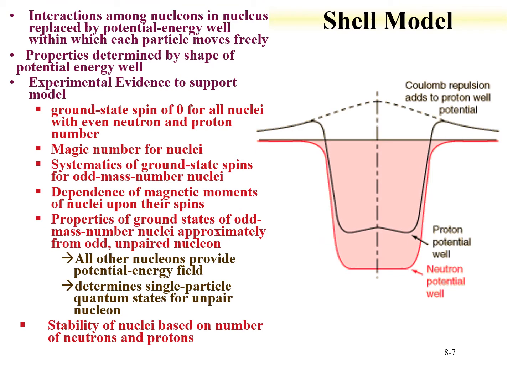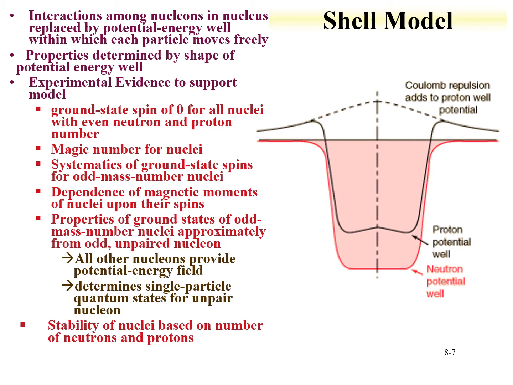These concepts and ideas that we've just discussed can actually be applied to the shell model. We've already kind of hinted at the shell model where there's some experimental evidence. For instance, the ground state spin for all even-even nuclei is 0 plus. We've discussed magic numbers. There are certain nuclei or certain states where there's enhanced stability for nuclei, which is pronounced in fission, for instance. There are also some systematics on ground state spins for odd mass numbered nuclei, and the relationship between magnetic moments and their spins,